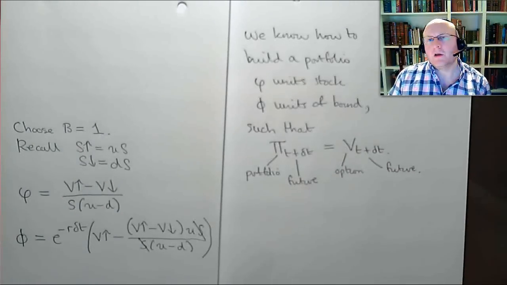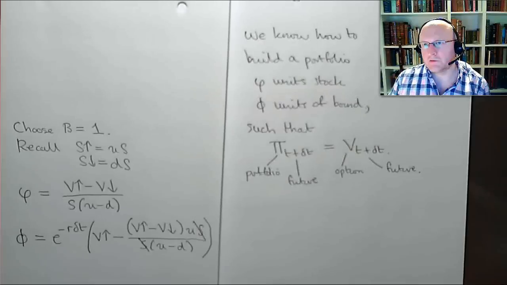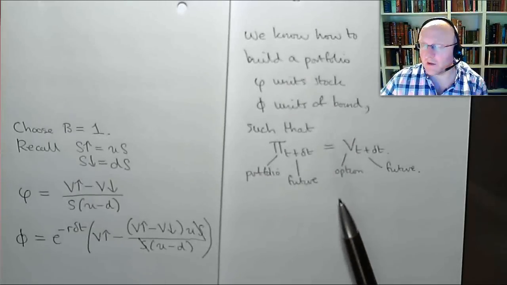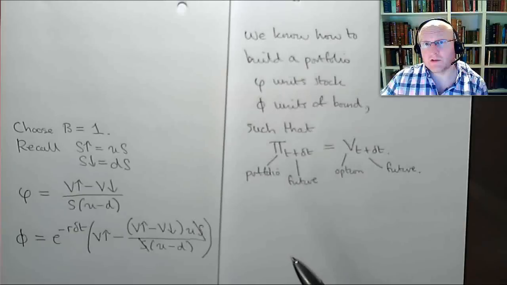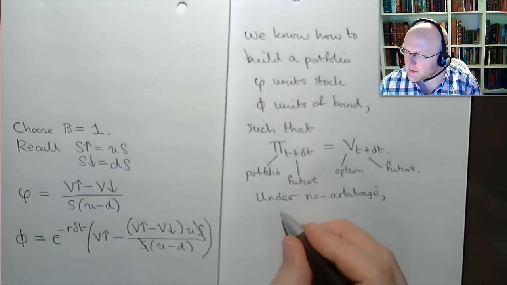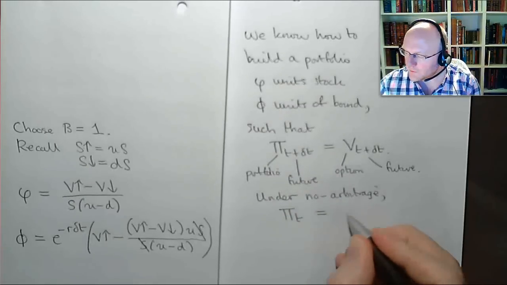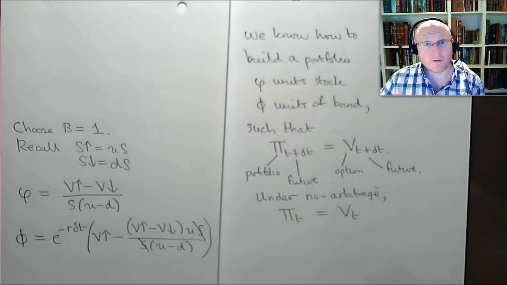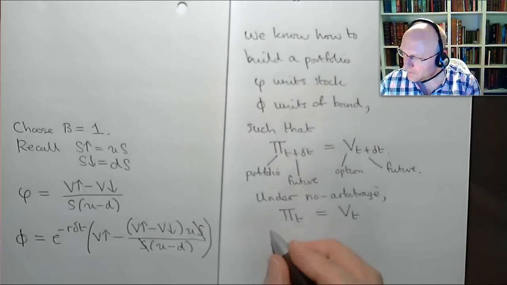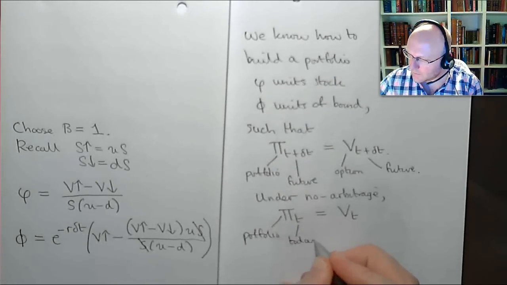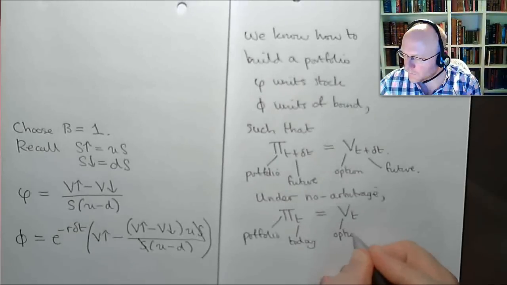So now here's the clever bit. If we assume that there are no arbitrage opportunities, then the fact that we know how to build a portfolio today that will become worth the same as the option in the future means that they must have the same value today. So under no arbitrage, today's value of the portfolio is equal to today's value of the option. And note that today's value of the option is the thing that we always wanted to find out. So our portfolio today is worth the same as the option